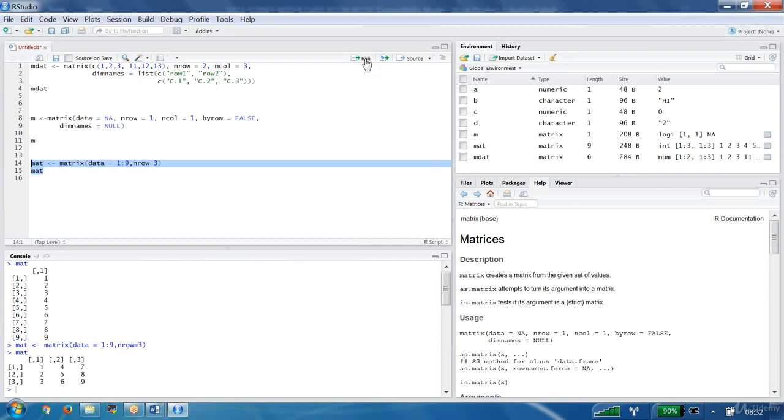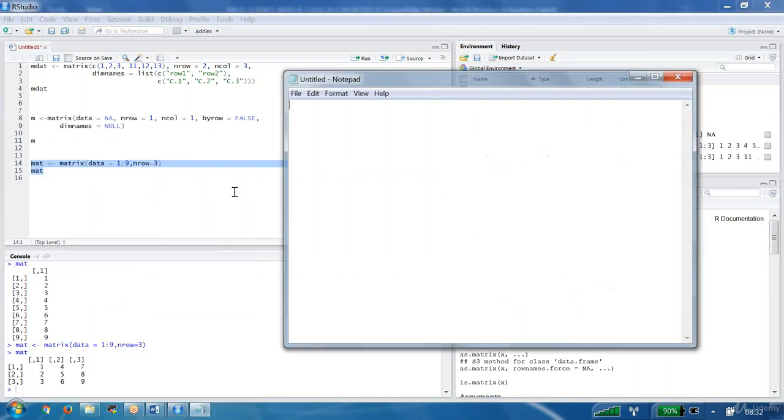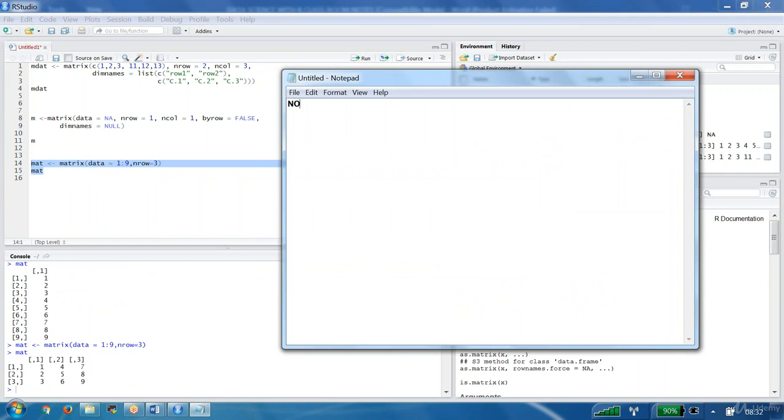Now how many columns do we have? I already said one formula. Number of items is equal to number of rows into number of columns. In this, you know two things: number of items, 9, is equal to the number of rows I gave, 3, times the number of columns. So I can get the number of columns.